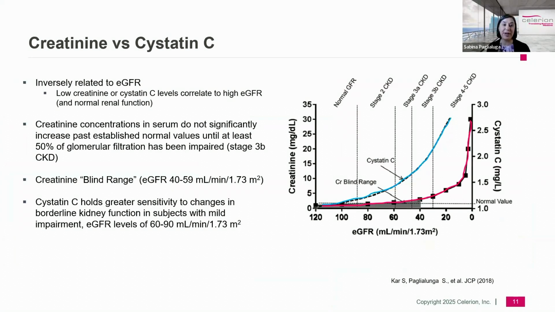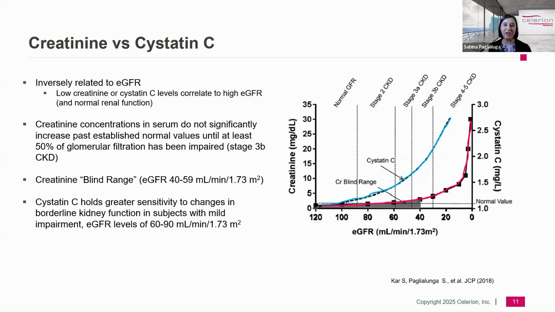These two biomarkers, creatinine and cystatin C, are inversely related. So low creatinine or cystatin C levels tend to correlate with higher GFR, which is that normal function kidney range. When comparing these two biomarkers head-to-head, cystatin C has increased sensitivity for staging CKD, especially in that normal function to mild impairment range. And you can see in the graph in pink, the creatinine levels don't really change much between 40